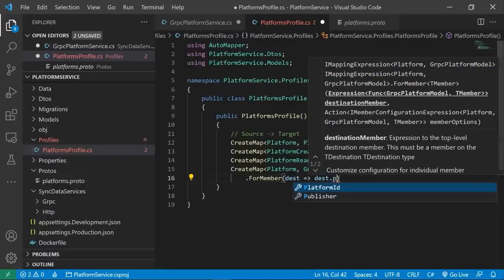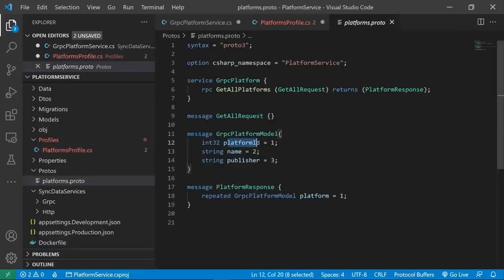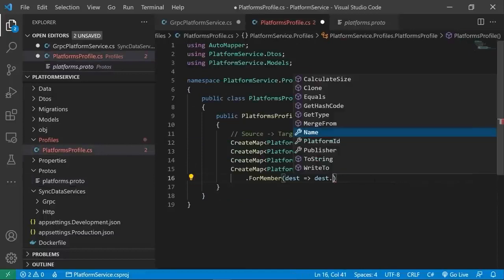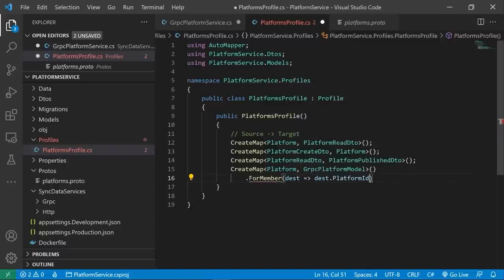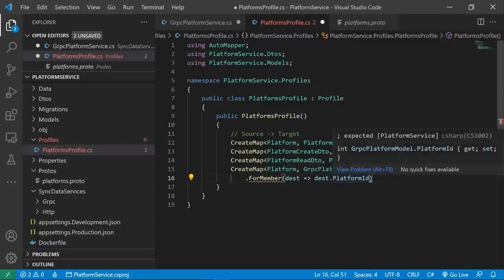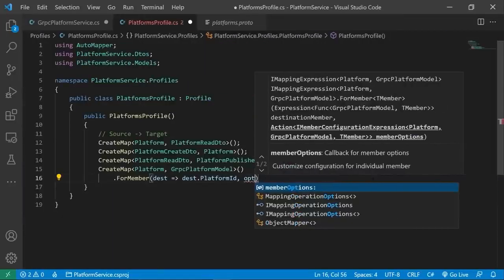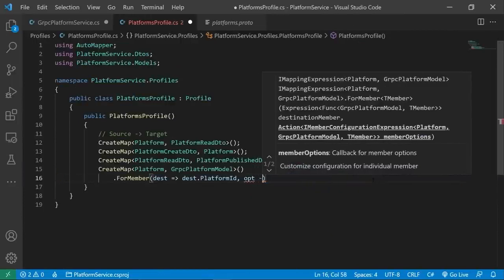Now you can see here that the code generator has changed platform ID into the standard C# capitalization. So we get capital P, capital ID. You'll remember in here, it was a different case. All right, so it's done that for us. So we're now working with our C# type class, the generated class. So we want to map to PlatformId. What do we want to map from? The source. Let me just get rid of the sidebar there. So opt